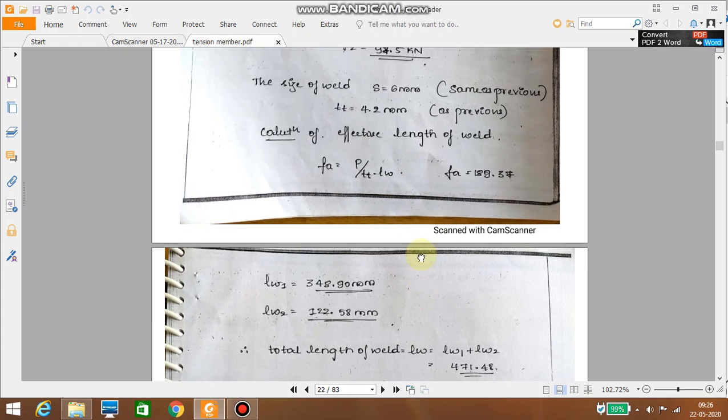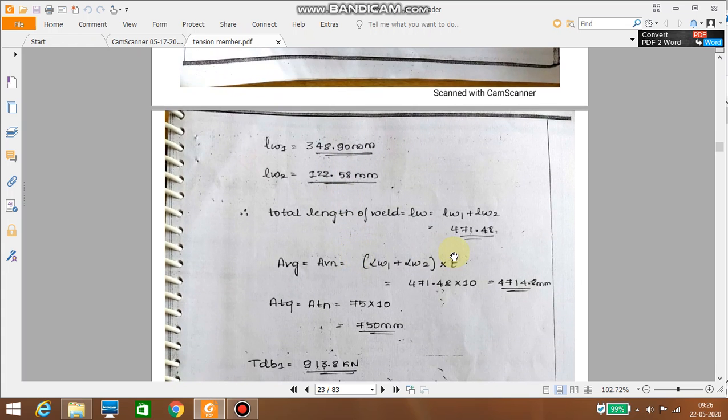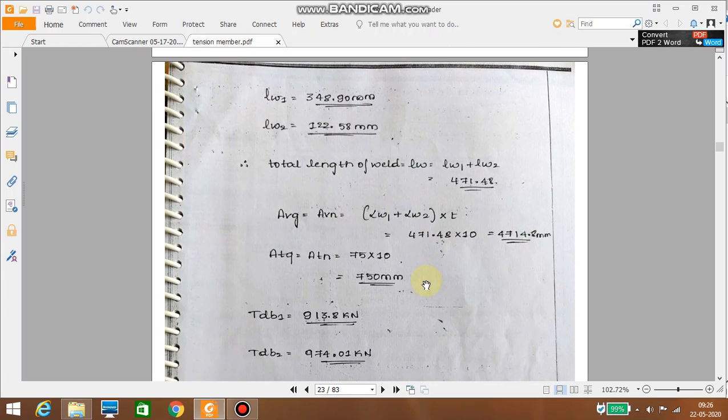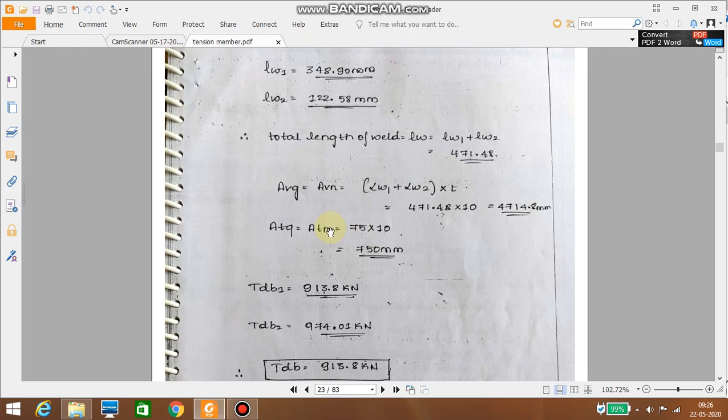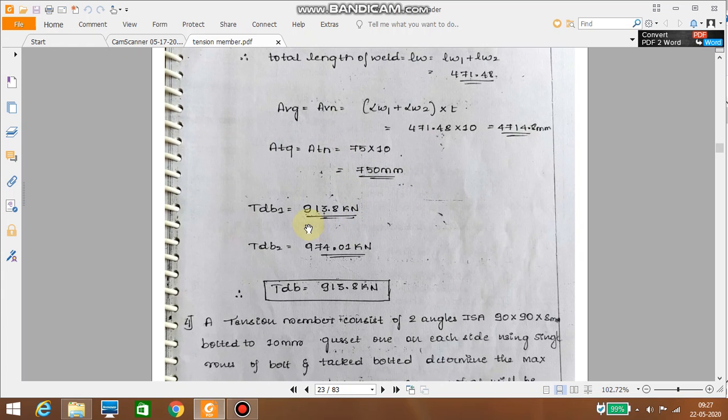So you calculate the length of the weld accordingly. We get 348 and 122.58. So the total length of the weld will remain the same. Therefore, you calculate AVG and AVN. These calculations are similar to the previous one, only the lengths are changed. So the first calculation and second calculation will remain the same, only in the block shear we have to vary. TDB1 and TDB2 will vary a little, therefore TDB is this value. Therefore the least